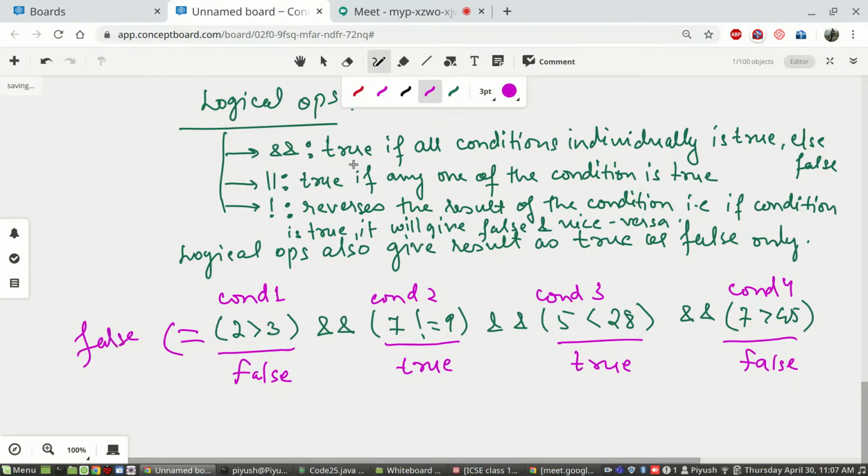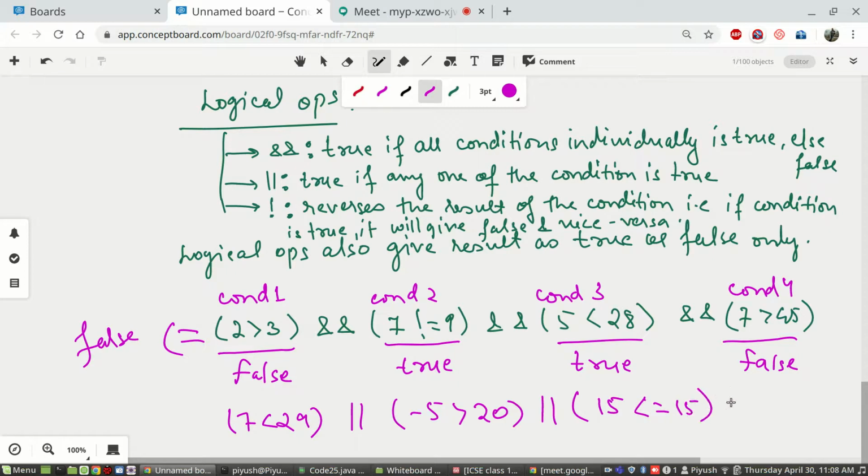Similarly here, if you replace this with logical OR, let's say 7 is less than 29, or minus 5 is greater than 20, or 15 is less than or equal to 15, or 100 is equal to 5.